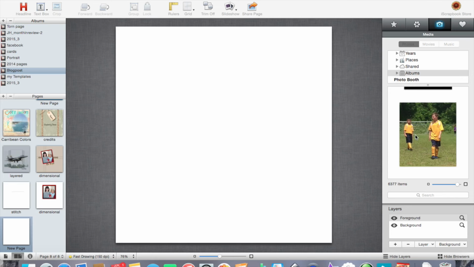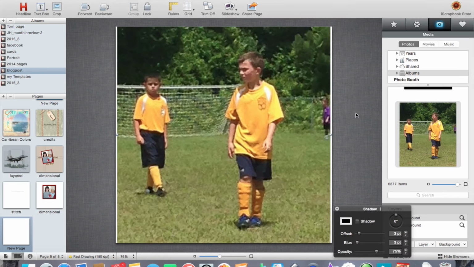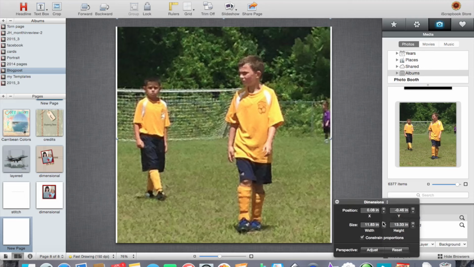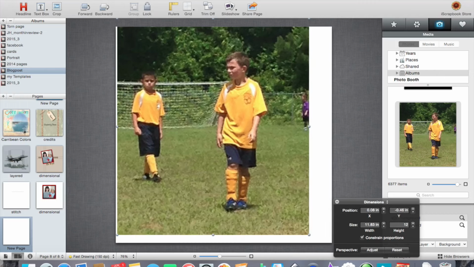First thing I'm going to do is double click on this picture and have it come in as the background of my paper. I am going to go to dimensions and I really only want it about 12 inches high. It says it's 13, so I'm going to type in a 12. I've got constrained proportions checked,